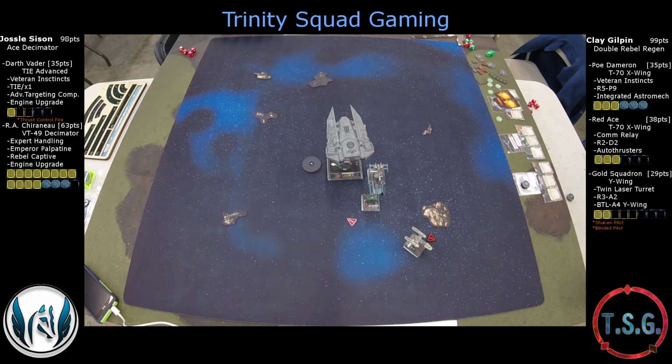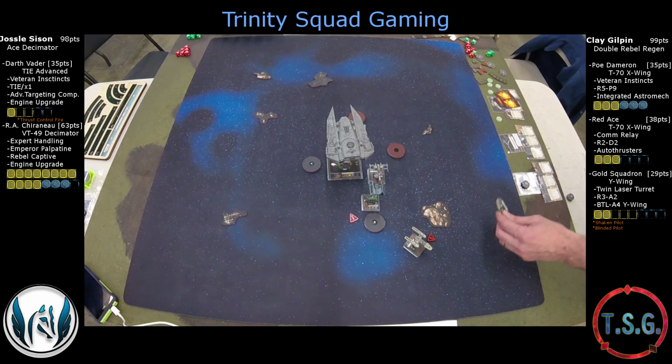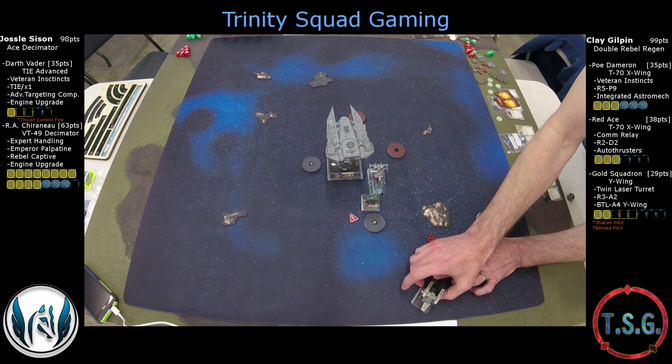Yeah, and also I switched targets because that rock right there is going to take the stress bot about 2 turns to get back into the fight. So I'll try to just take some hull off of one of the 2 aces. It's going to be hard for me to kill it, especially without target lock with Vader. Yep. But then he decides to go